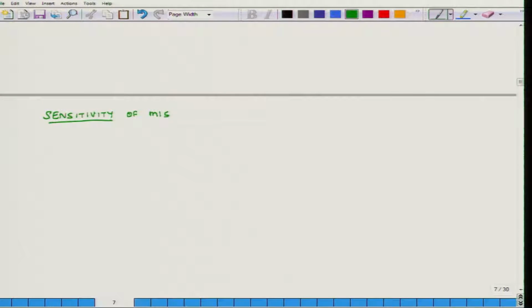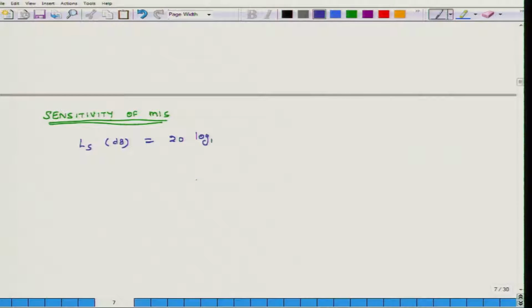Sensitivity of mics. Okay. So, first we will write the expression for sensitivity and then we will discuss it. We designate the sensitivity of a microphone as LS, and its units are decibels. So, sensitivity of a microphone in decibels is defined as